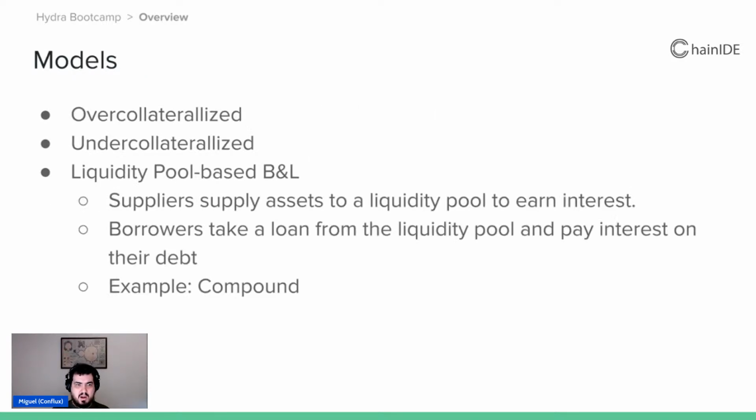So some of the models are over collateralized, under collateralized, and liquidity based borrowing and lending. So what does over collateralized mean? Pretty much what I explained. In order to borrow, let's say, 1,000 USDT, I'm going to need to leave something as collateral. Let's put it in simple terms: something like $2,000 worth of CFX. That would mean around 20 CFX, considering the price at 10 cents, right? So this way,